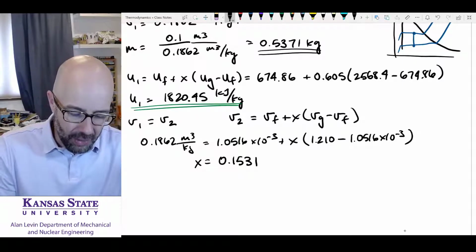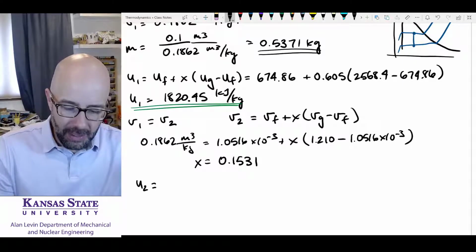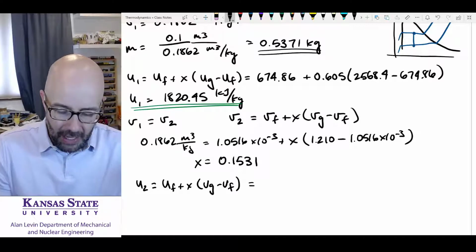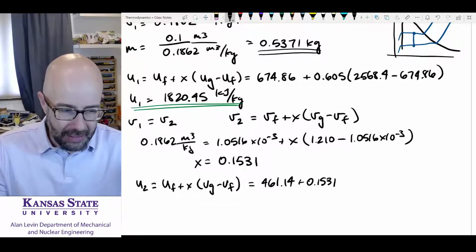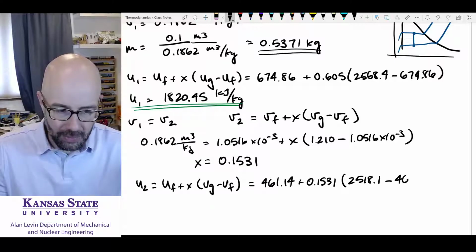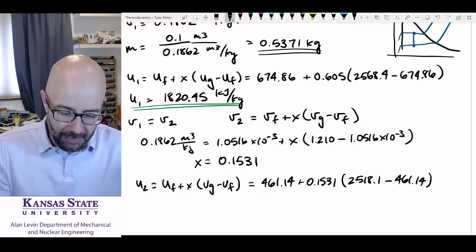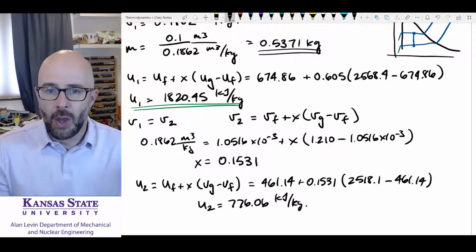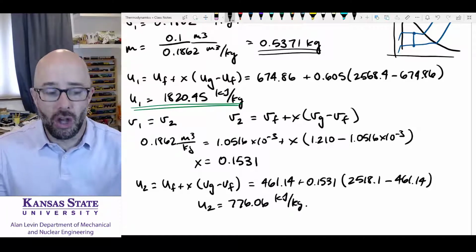Now we can find out what our U2 is. So U2 is going to be equal to UF plus X times UG minus UF. And that's going to give me 461.14 plus 0.1531 times 2518.1 minus 461.14. And that's going to give me a U2 value of 776.06 kilojoules per kilogram. So now we have everything we need to know to solve our equation,